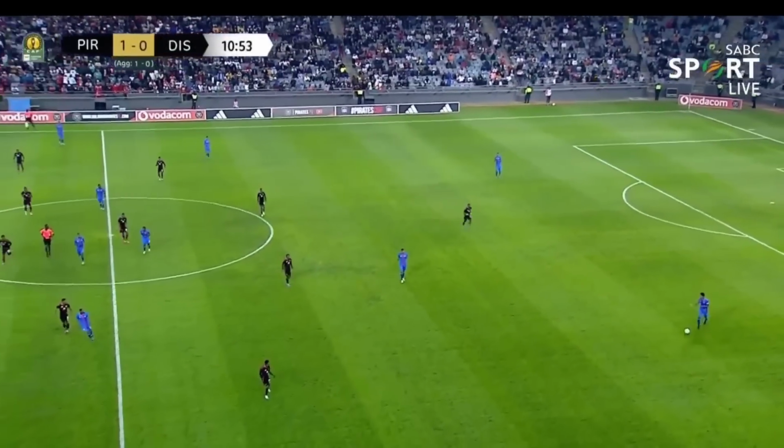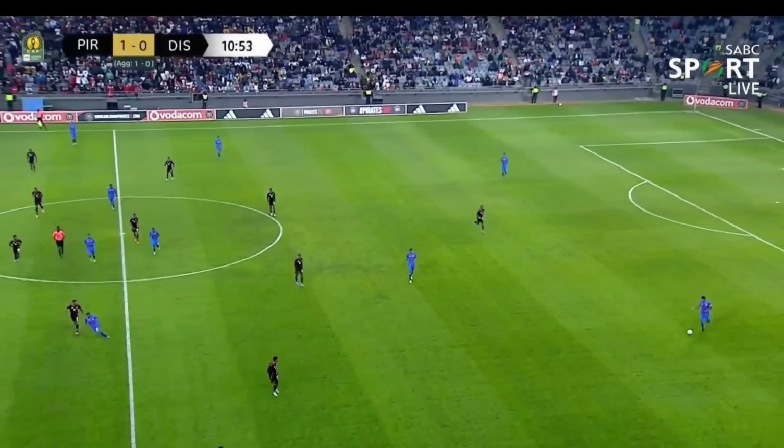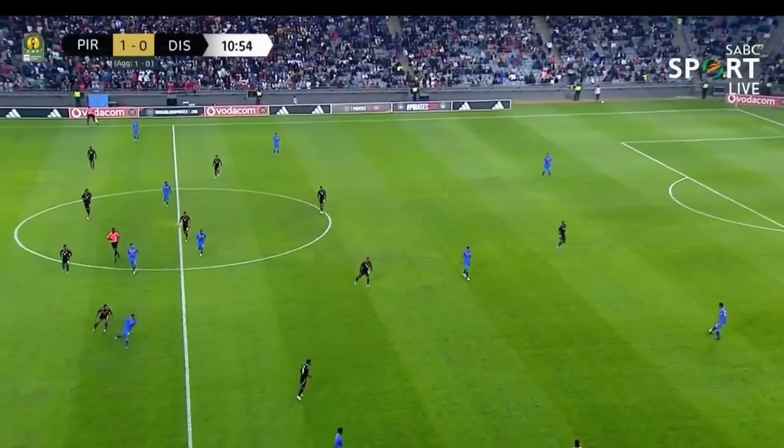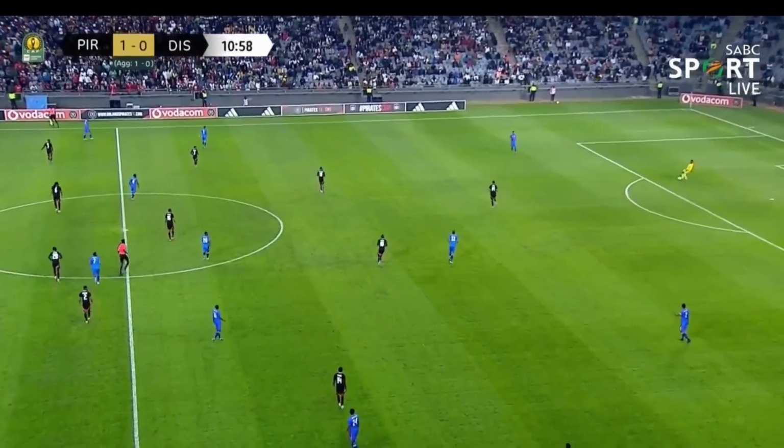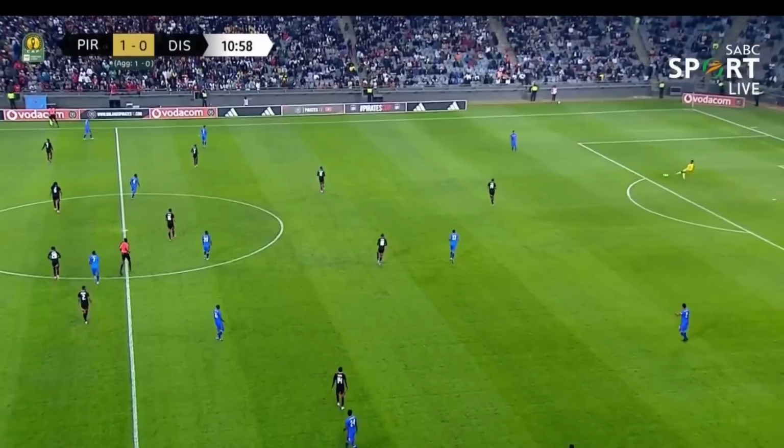Defense. Pirates were cautious in their defense, which I did not expect, if I'm being honest, right? Because I was talking about how when they were playing against Sundowns, they're aggressive. But here they were not doing that 4-2-4 thing of pressing high. Here they were like, okay, this is not Sundowns who we press with 4-2-4 because they are trying to build from the back, so we need to disrupt that. In this case, they are doing a 4-1-4-1.